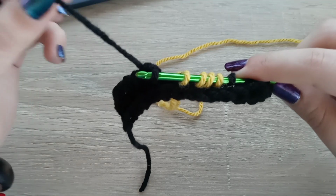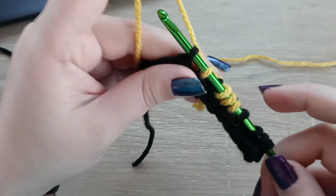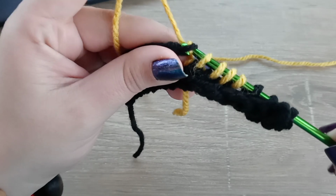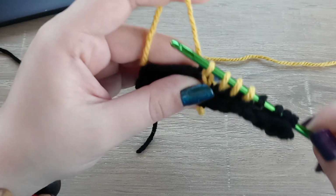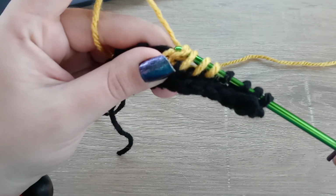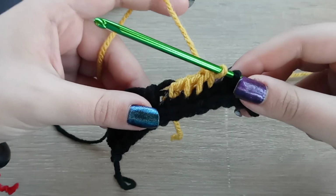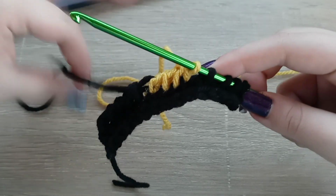This is our working yarn, so we're going to drop it. We're going to pick up our second color. We're going to yarn over, pull through that black, and pull through that very first yellow color. We're going to yarn over and pull through 2, pull through 2, pull through 2. Once again, we have a color switch,